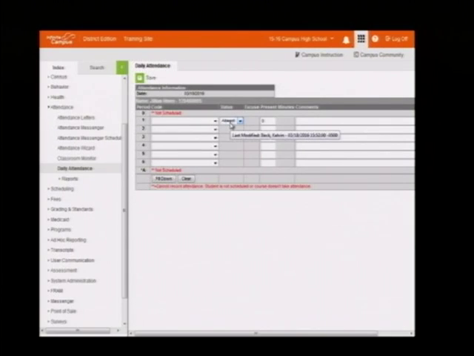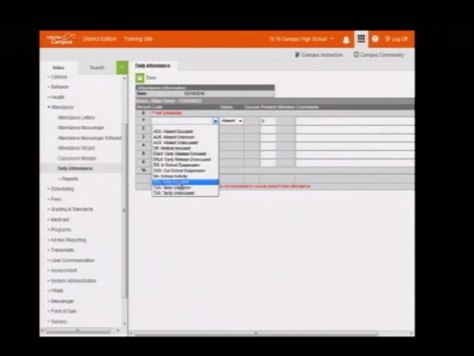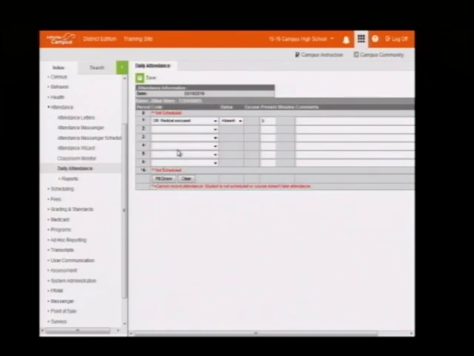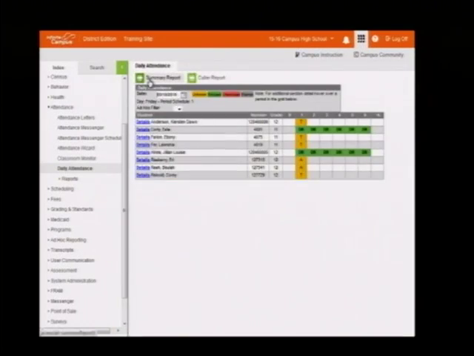Okay? All right. So if this student is out for the whole day, I'm just going to come here and we'll do medical excused. And mom said she's out for the whole day. We're going to do a fill down, and then we're going to save that. And what that means is if I'm a third or fourth period teacher, I don't have to worry about that student because when I look at my roster to take attendance, it's grayed out for me already. And that teacher would not have the ability to overwrite a mark that the office put on there.